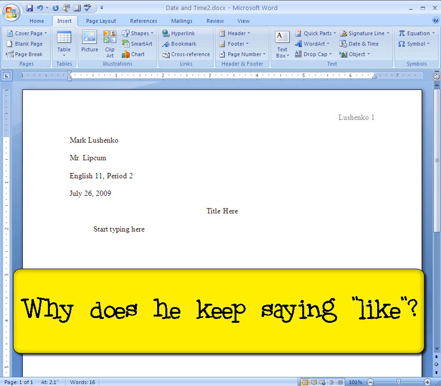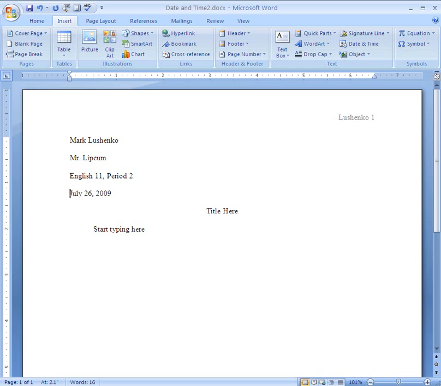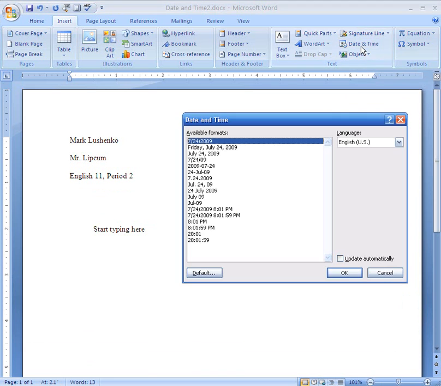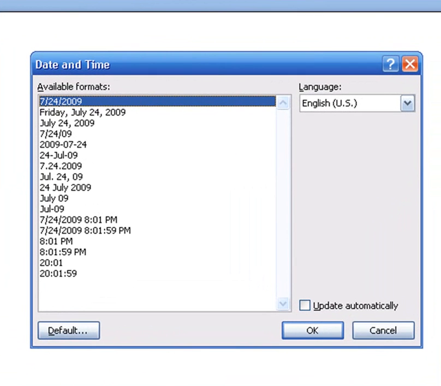And I thought, well, maybe I can get the computer to put the date in for me. Maybe that could be good. So I looked around and I said, oh yes, I see it now. On the Insert tab, you can choose date and time. And it says, how would you like the date to be formatted? Do you want it to say